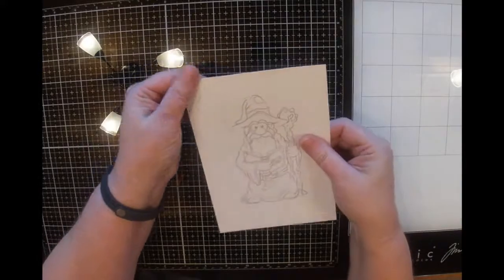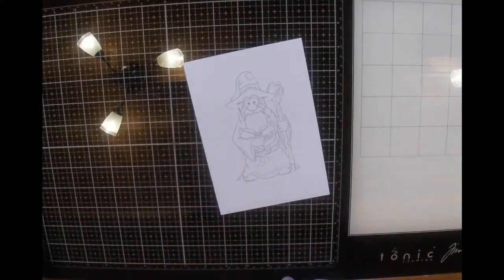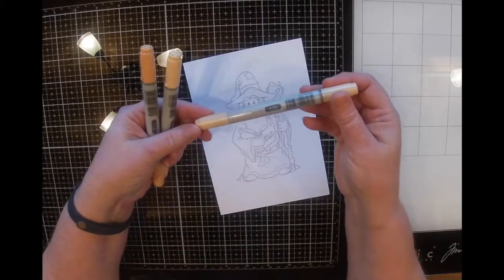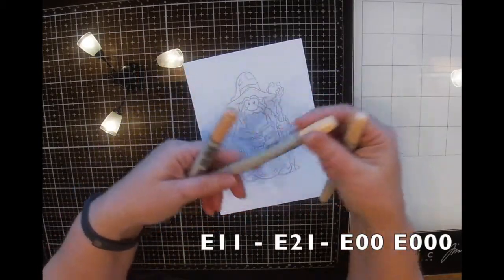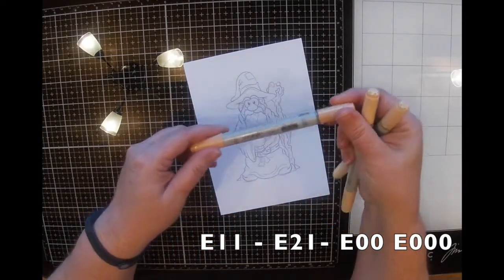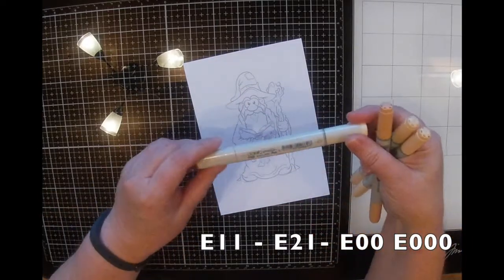The image is printed on blended cardstock, and I haven't done any winter tutorials, so I'm really sorry about the light reflection in my glass mat. I didn't think of that. I'm starting with E11, E21, E00 and